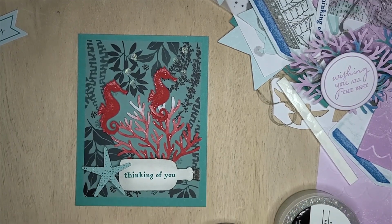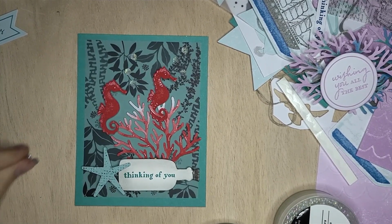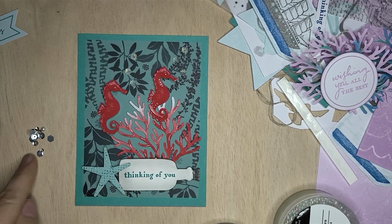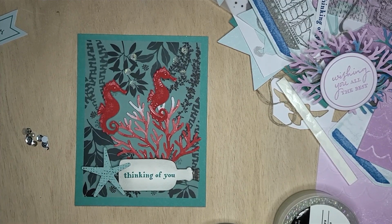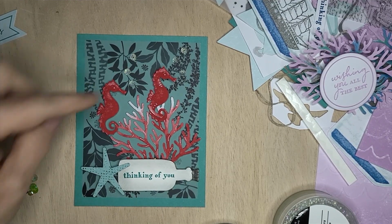I have used today for all of the photography an abundance of the Everything Fancy Sequins, and I've focused on the greens and the blues, and in some cases I've been very specific,